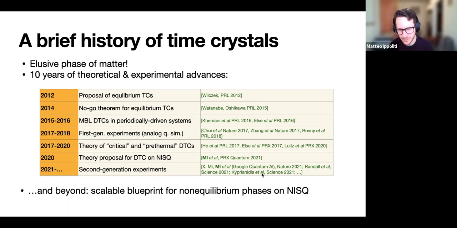So this one on trapped ions looked at a pre-thermal time crystal, which is not exactly the same phenomenon, but it arises from driving a system at high frequency, and it has a finite but long lifetime that you can study. And recently, the Google team put out a paper on looking at Majorana edge modes in an Ising model that is essentially the same that we looked at in this paper, but focusing on a different feature of the edge modes. So these are all different aspects of similar non-equilibrium phenomena. These are the ones that come to mind on the spot, but I'm sure there's more.